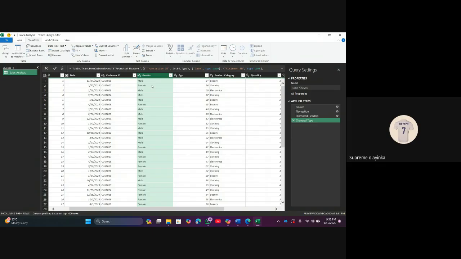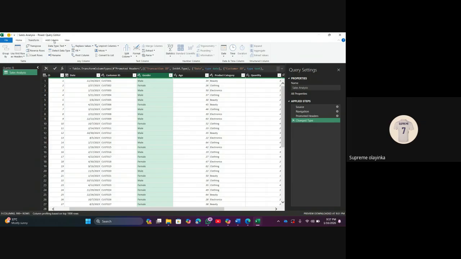It means because I'm working with a single column, and the change will be effected on that same column. So I will go under my gender column, under my transform tab,